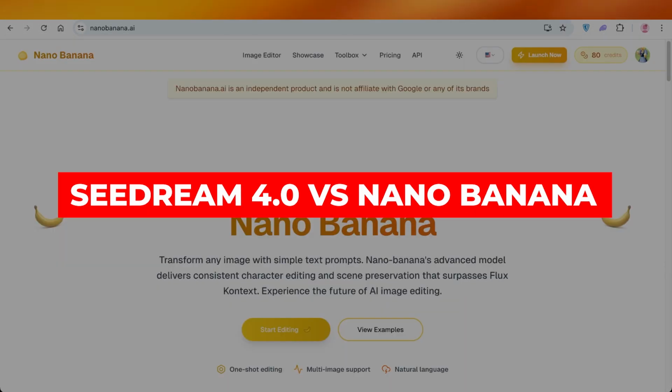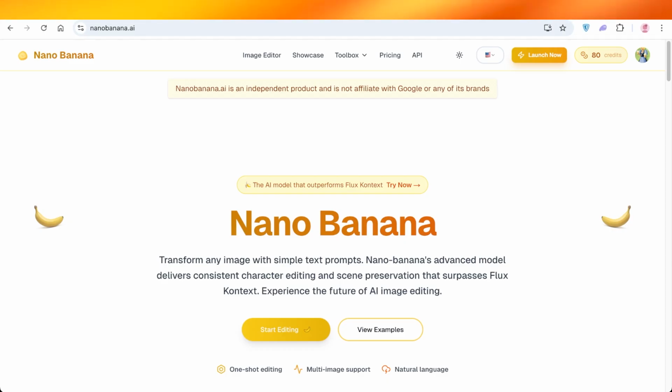Seedream versus Nano Banana. Honest comparison. Hello everyone and welcome back. In today's video, we're going to be comparing two of the most popular AI image editors and image creators, Nano